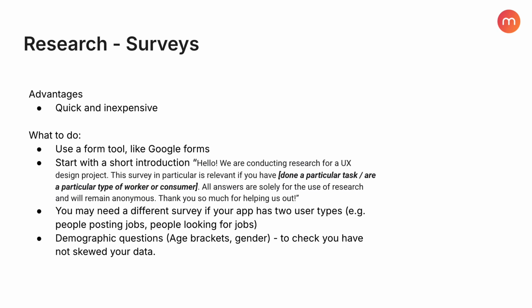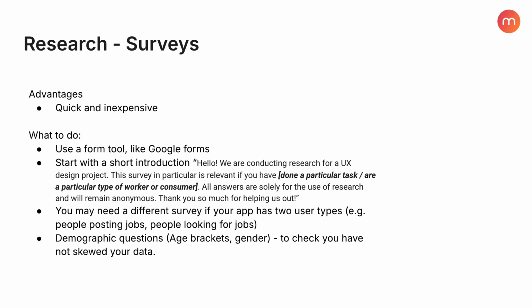Surveys are a simple but powerful way to gather real data from users. They're quick, inexpensive, and they give us insight into how people think, feel, and behave. In the Momentum Bootcamp, we use surveys to help you understand your users before you start designing or building your app. When you create a UX survey, the goal is to collect meaningful feedback that helps you design a better